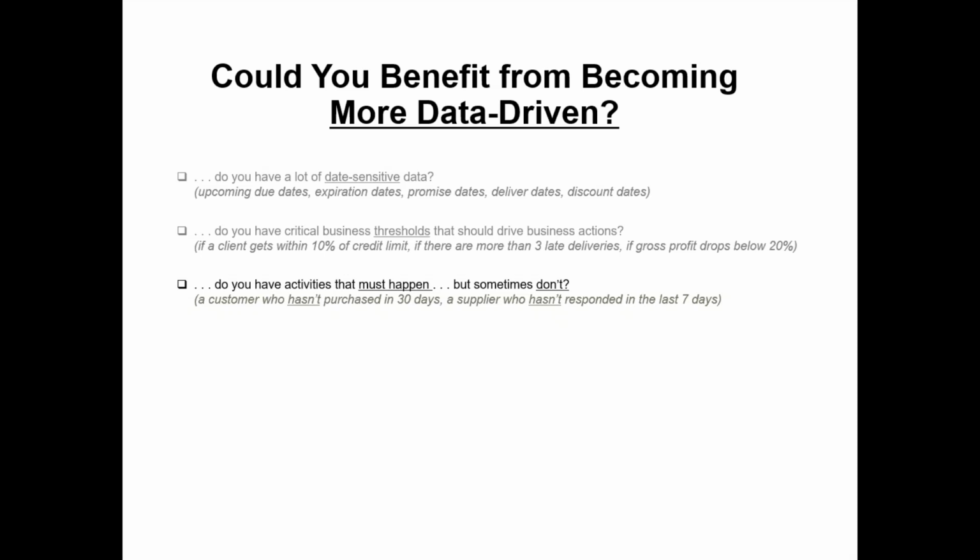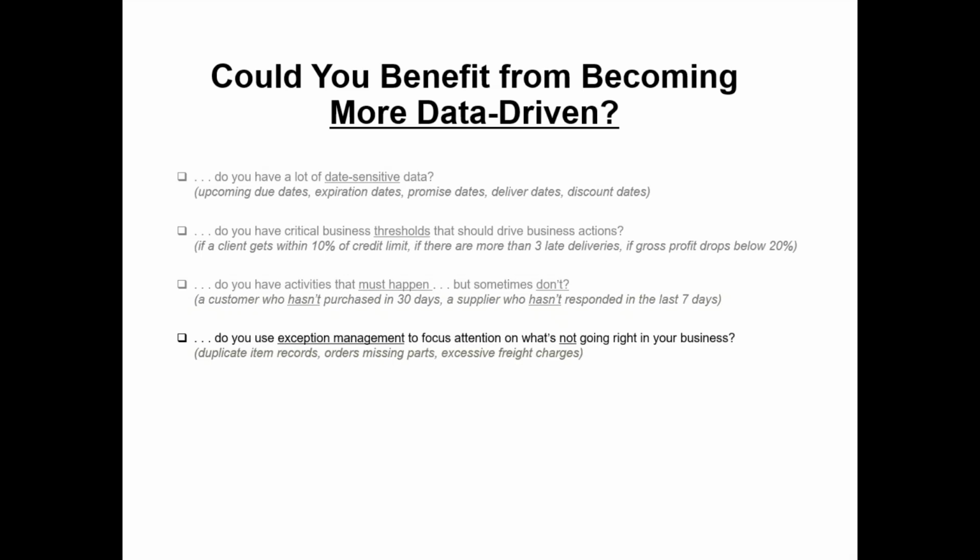You know, whenever you talk about sending alerts, people always think about, well, I have an invoice that's past due, I have stock that's running low, a shipment that needs to be delivered within a certain number of days. People don't often think about inactivity monitoring. I need to know about a customer who has not placed an order within the last 30 days. I need to know about an item in inventory that has not moved within the last 2 or 3 months. Sometimes the most important information you need to know about isn't something that has happened, but rather something that should have happened, but hasn't.